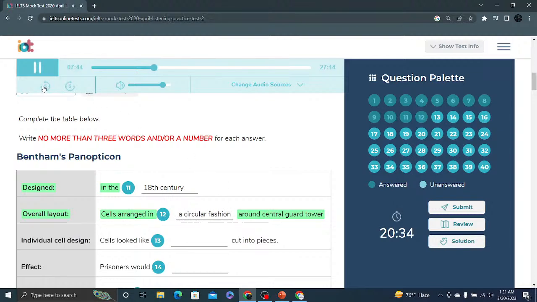Bentham's design had the form of a central guard tower around which the prison cells were grouped in a circular fashion, facing inwards towards the...